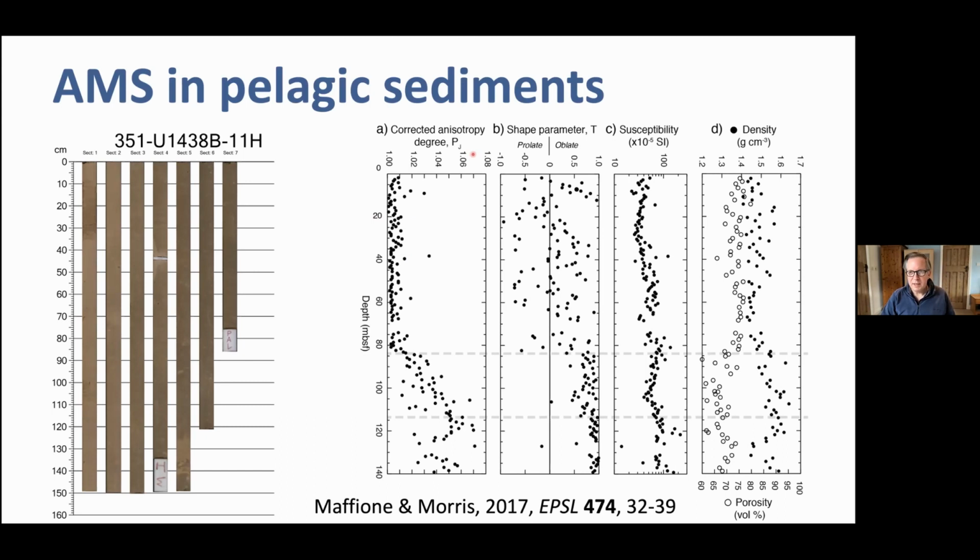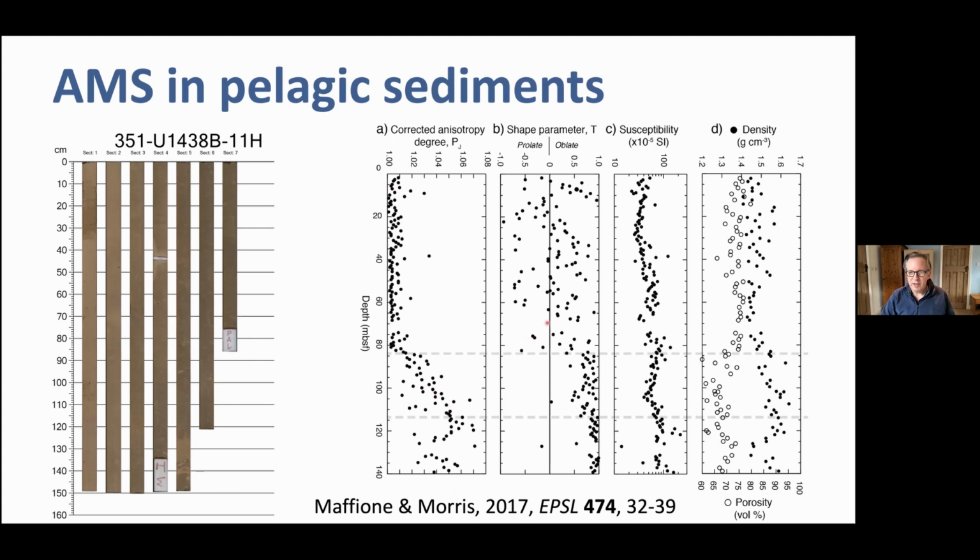And what you can see here is a number of graphs. This one is the amount of anisotropy, so the strength of the fabric. And this is the shape of the anisotropy. Prolate means sort of cigar shaped, elongate, and oblate means flattened, like a pancake. And what you can see is that the anisotropy degree in the topmost section, down to about 80 meters below the sea floor, is almost non-existent, very, very low anisotropy. And then it gradually increases once we cross over this, and then after that, it remains fairly constant down the